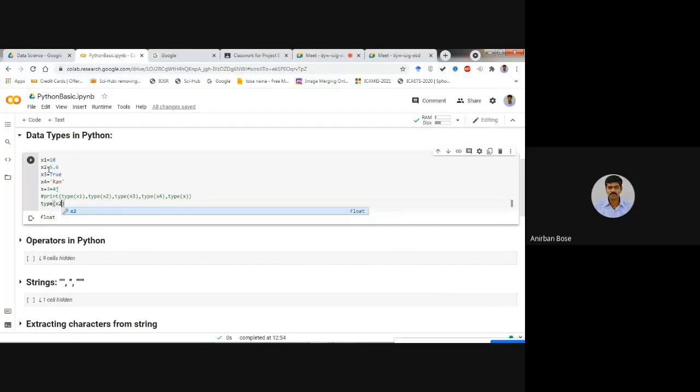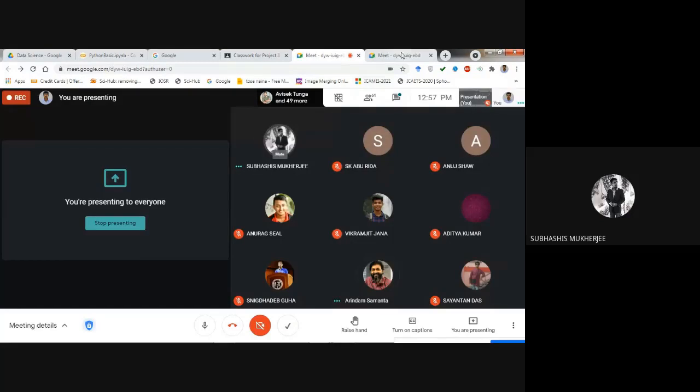In x2, which value have you assigned? 5.6. In x2, if you assign 5.6 and after that you have written type x2. x3 true, x2 ram, and x equal to 3 plus 4j. Then hashtag, as it's not going to matter, I have not written it completely. Then after that I have written type.